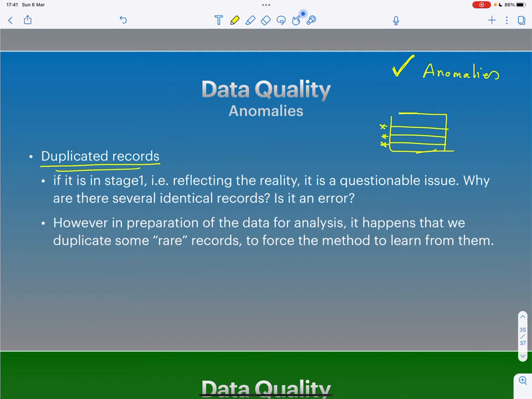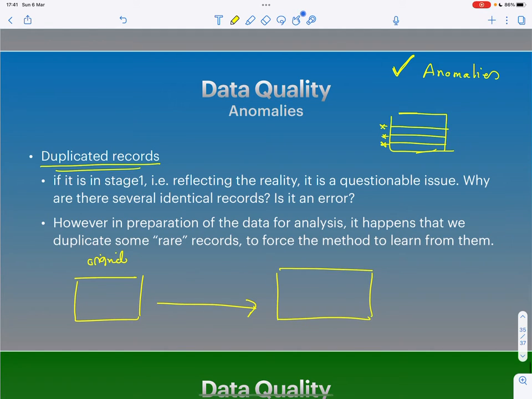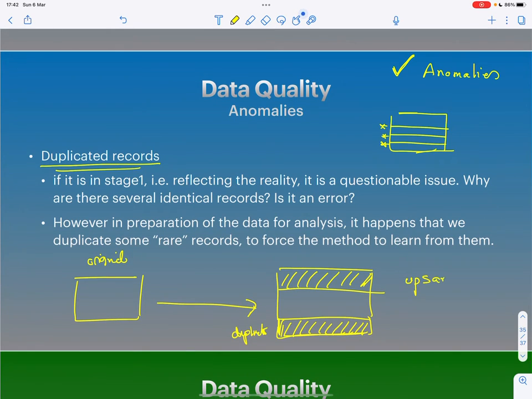In any case, it happens also that we don't have any duplication in the original dataset, but we add some duplicated records, so these are duplicated. Let's say that we actually repeated this part here. In data science, we call it upsampling. You will see it under the feature engineering topic, why we want to do so. Basically, we do it because we want our model